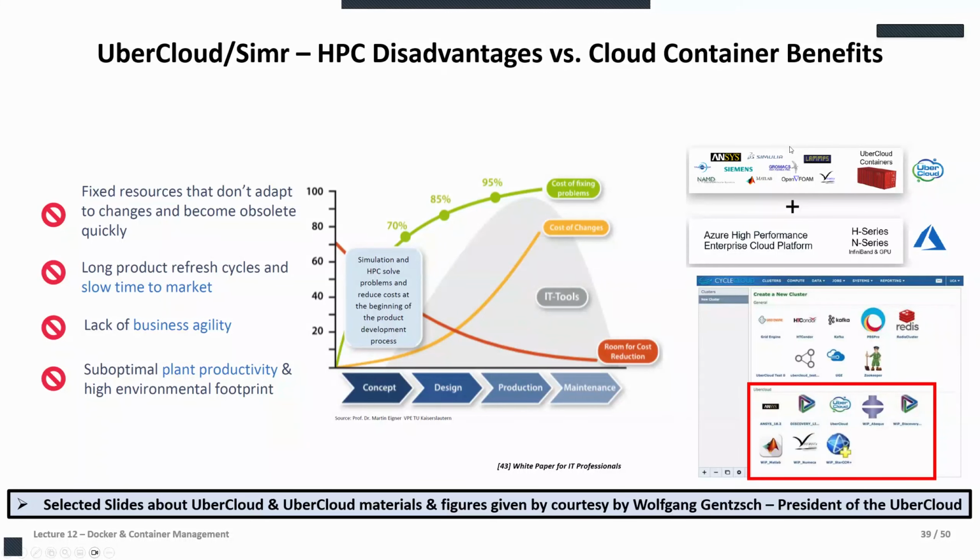So the idea is that with the containers you have this kind of flexibility we were alluding to. With the cloud, as an engineering company, you don't really have to buy the HPC machines. You need HPC, that's clear as an engineer. We talk about really car design, car crashes. There's no way around it. But the idea of putting this into the cloud is cutting costs a lot, because otherwise you have to do that on site and create your own data center. And with this, you have change.